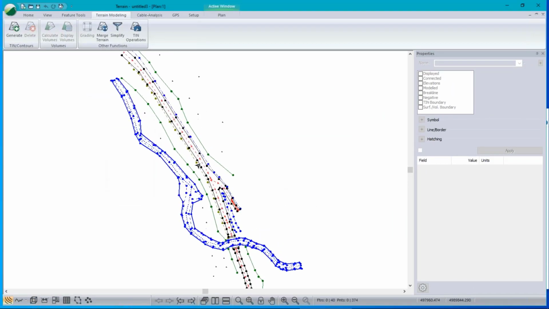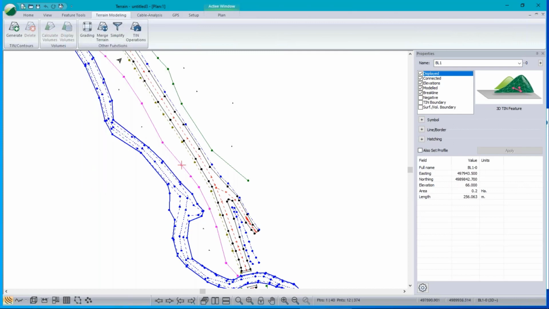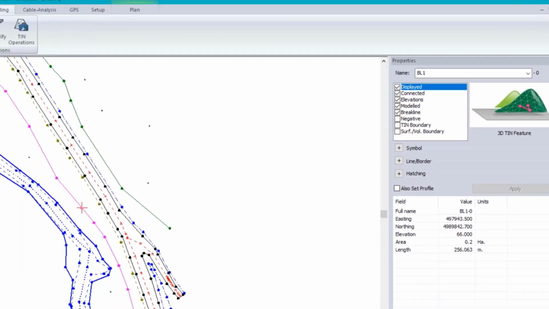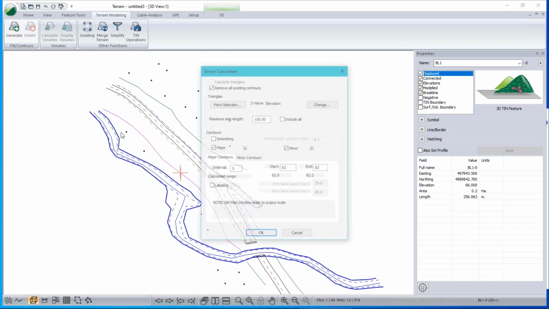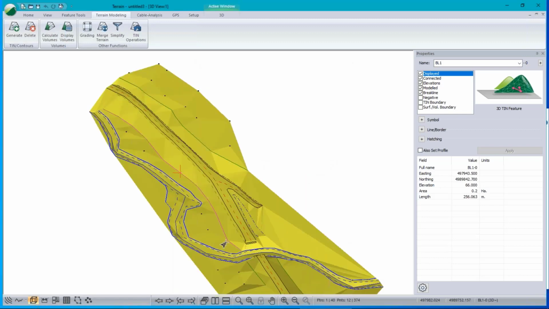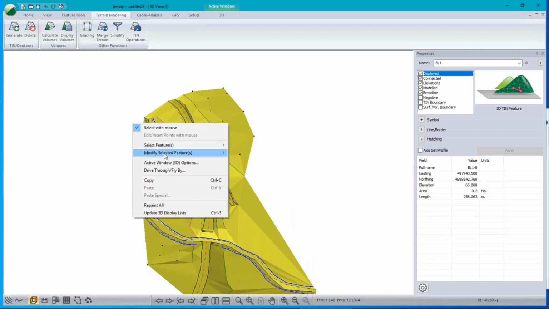Okay, so now my data looks, first of all, way more organized. It's organized into strings, that is, connected points to make polylines, and those have been tagged as break lines, almost all of them. That means that when I create a surface, again, I'm going to skip the contours for this, it looks a lot smoother. And even if I turn off the